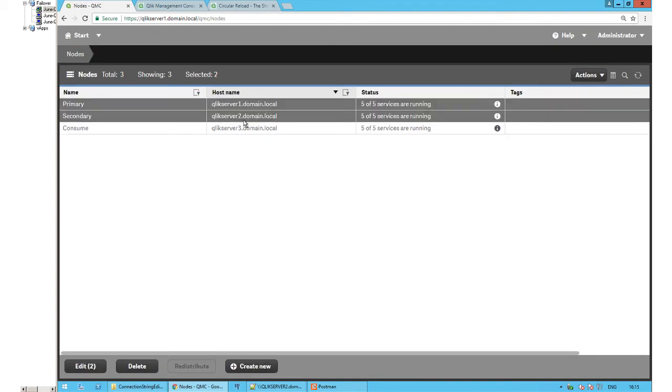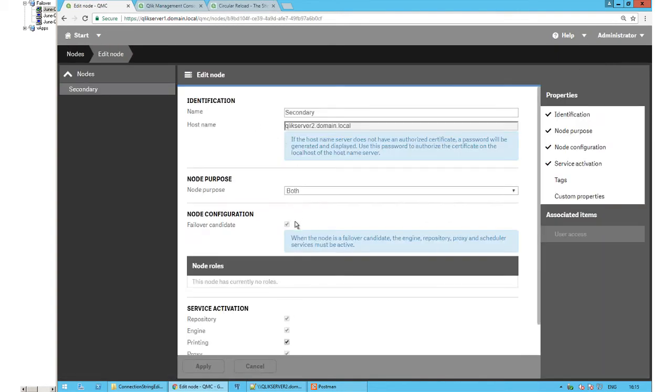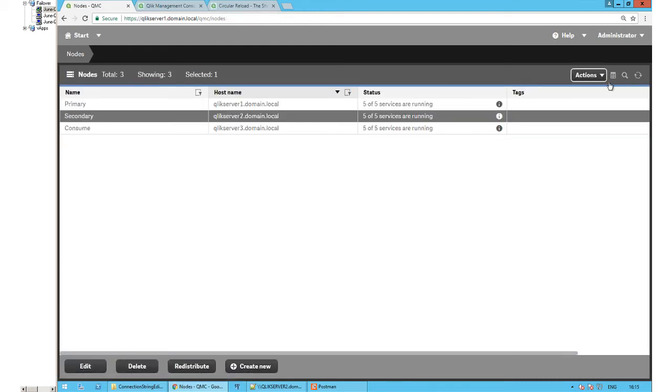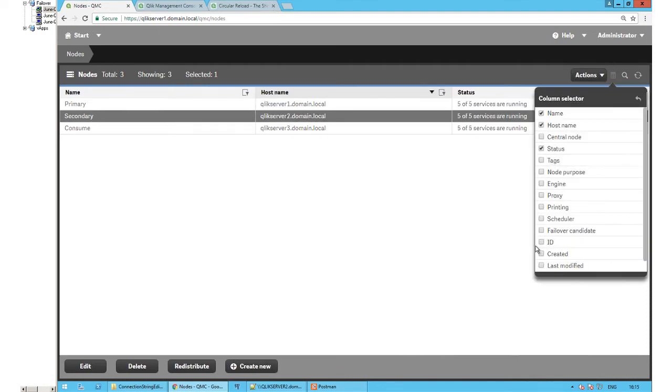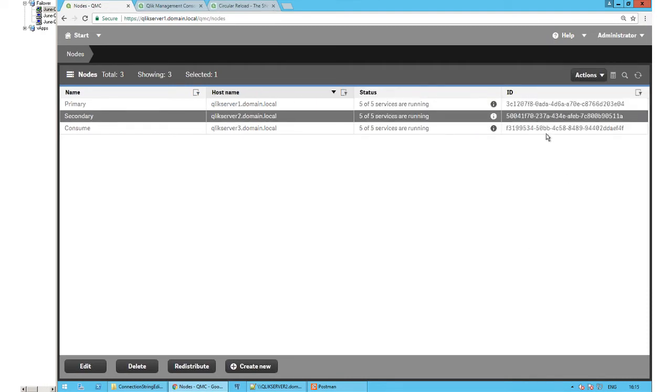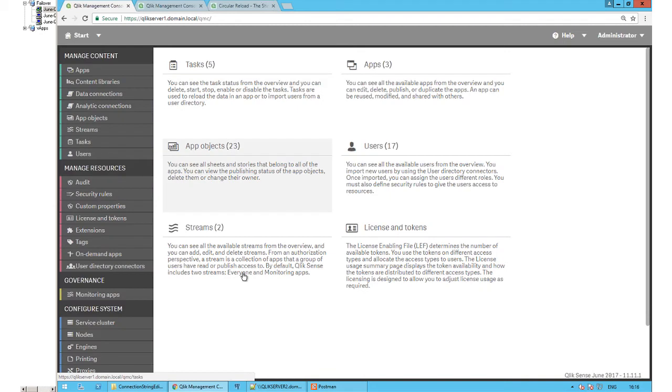And these are the primary and secondary nodes. The secondary node is configured to be a failover candidate, which is visible in the QMC. And the part I mentioned about the GUIDs: if you just display the ID field, it'll show the server node GUID. But let's pretend that this site